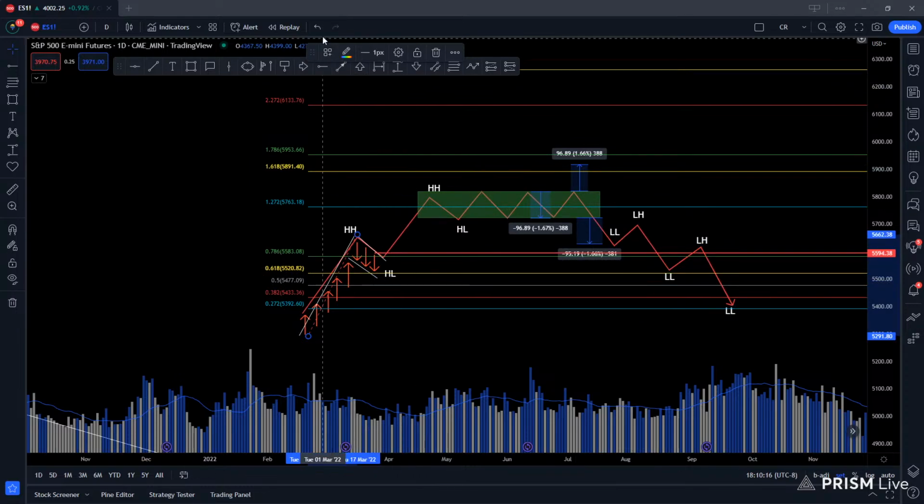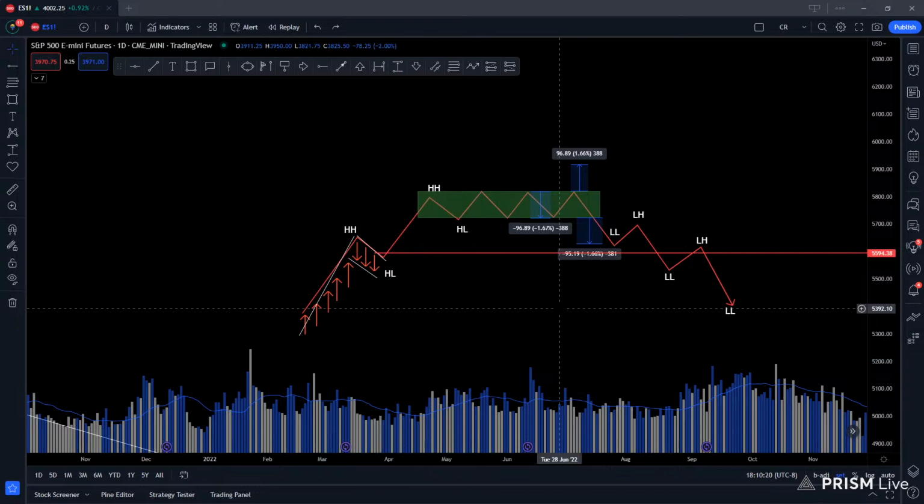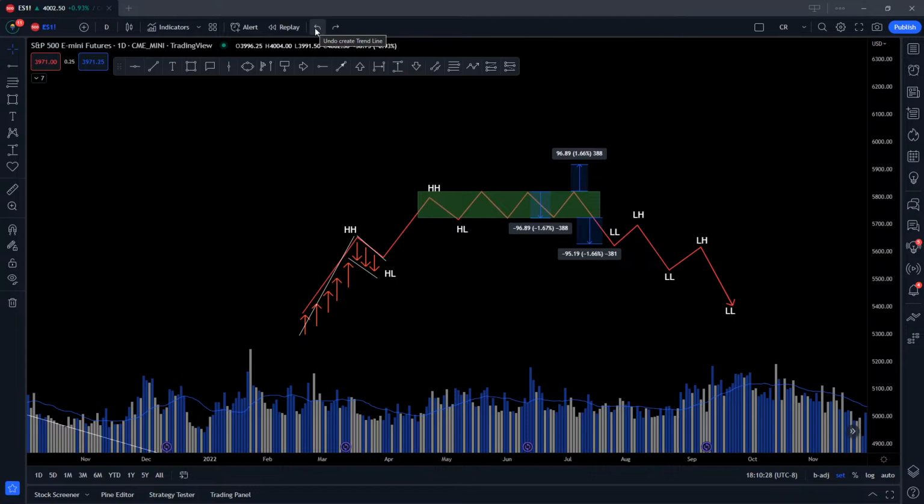And this is all great information. This is how most technical analysis books would tell you to trade, how a lot of traders will tell you to trade. But we do something a little bit different, which is